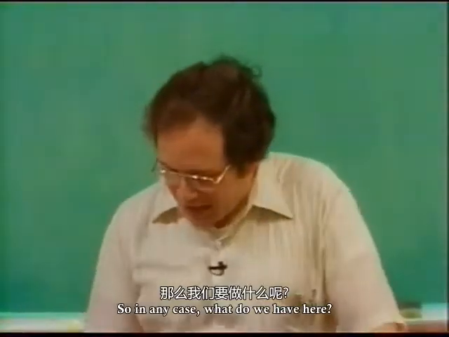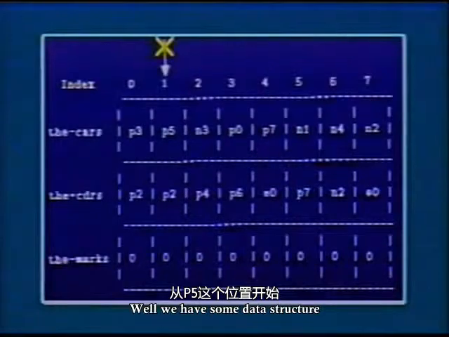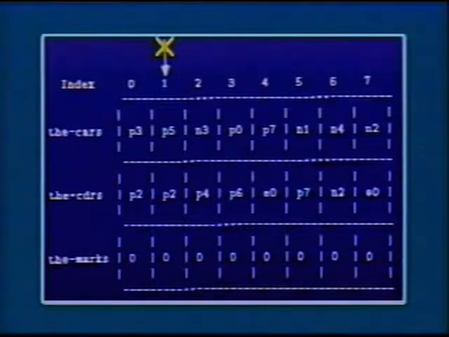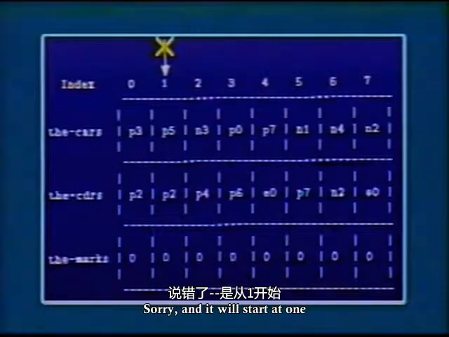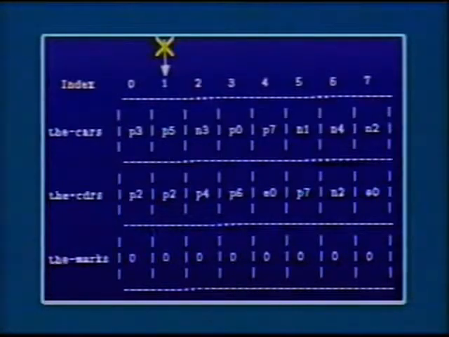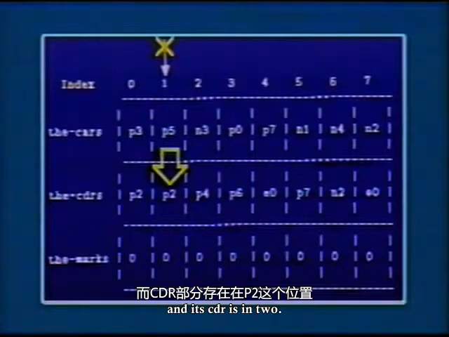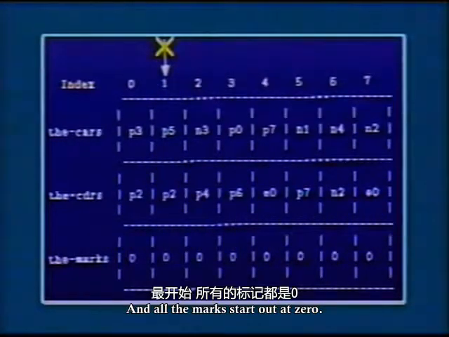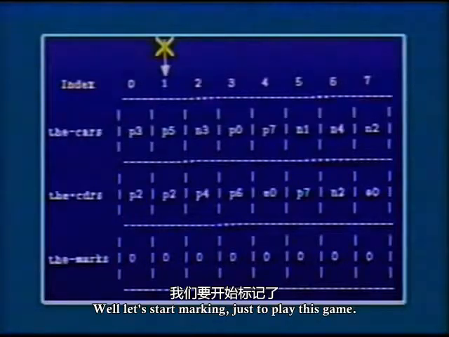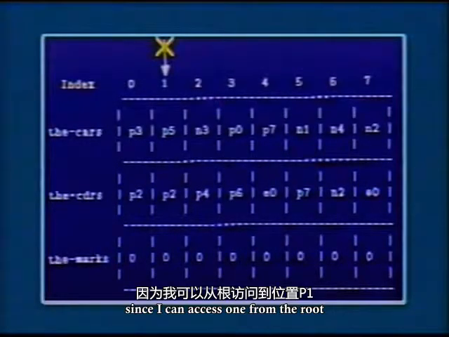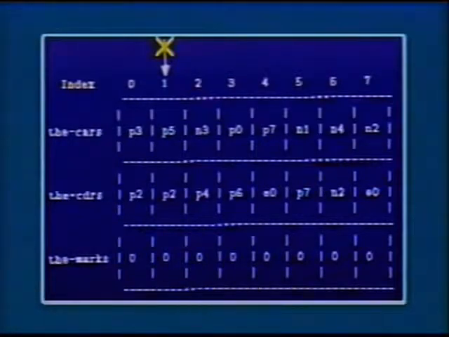So in any case, what do we have here? Well, we have some data structure which starts out over here in 1. And in fact, it has a car in 5, and its cdr is in 2. And all the marks start out at 0. Well, let's start marking, just to play this game. Okay? So, for example, since I can access 1 from the root, I will mark that.